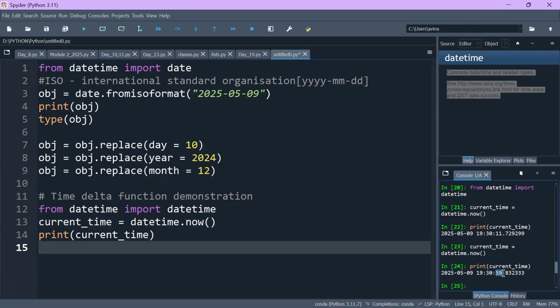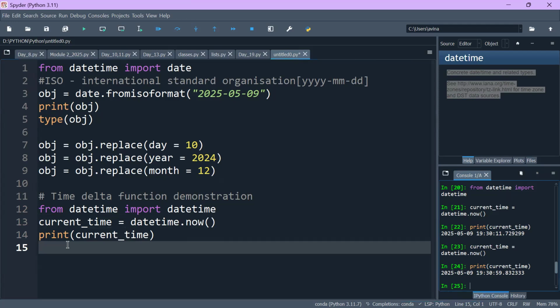Now, if you want to change this particular date and time into a string, we will simply do the explicit conversion. Basically, what is explicit conversion? Explicit conversion is when we change the data type in Python manually. By default, Python is a dynamic language. It understands the data type. But what if we want to change the data types? So we will write simply str,